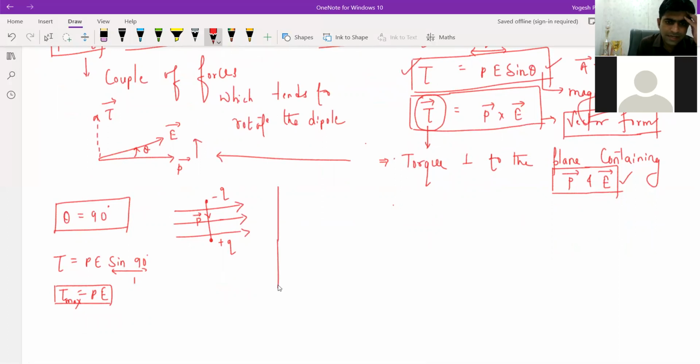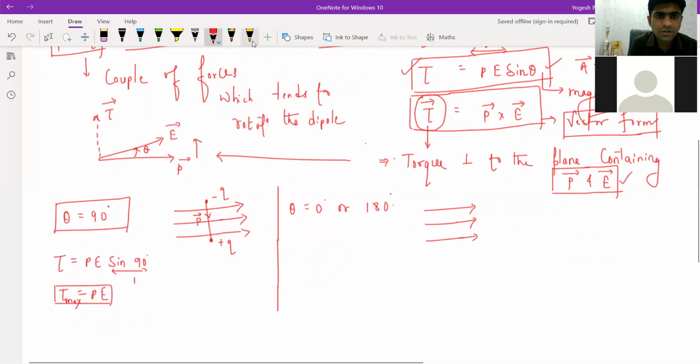Yes. In the second case, if theta is equals to 0 degree or 180 degree. Now what is this 0 degree or 180 degree? If suppose this is the direction of electric field and we are keeping this electric dipole like this. Here it is negative and this side it is positive plus q charge. So what will be the direction of electric dipole moment, p vector? If you see the direction of p vector and the direction of electric field is same, that means theta is